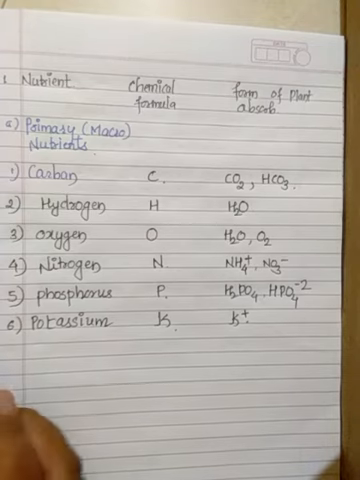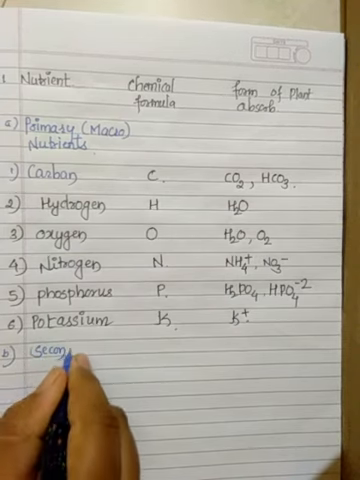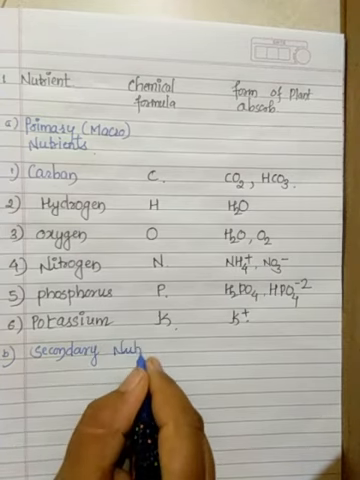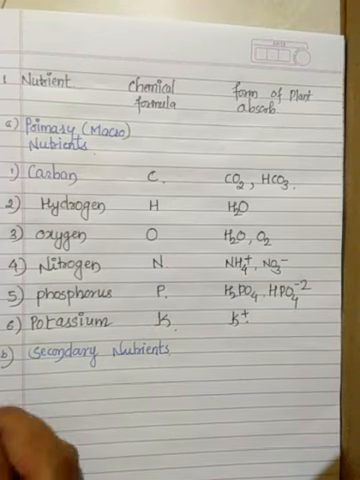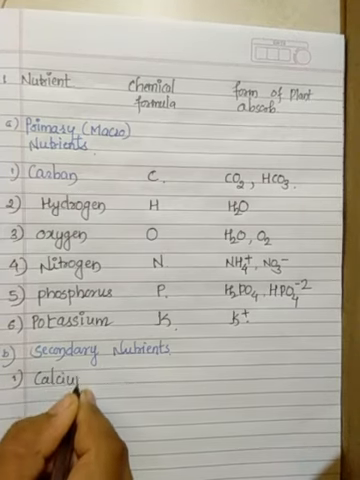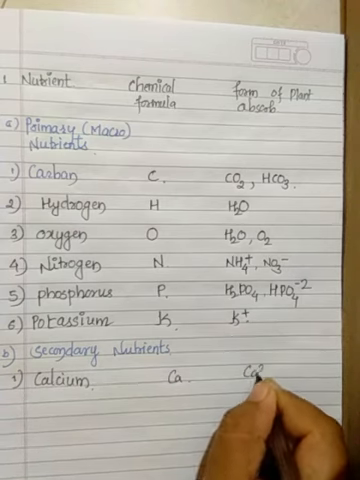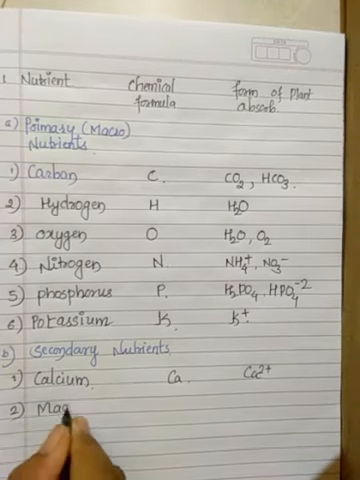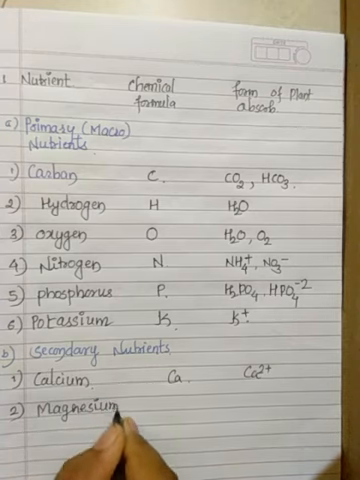So the next term will be secondary nutrients. Secondary, these are also macro itself. Secondary nutrients, which are those? Let's see one by one. In that, first secondary nutrient, calcium first, calcium, symbol Ca, Ca2 plus. Next element, magnesium, magnesium, symbol for that Mg,